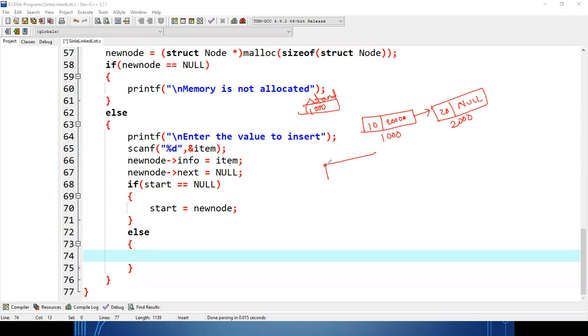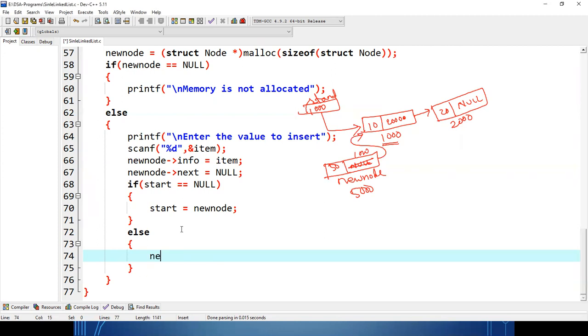What I need to do, I have to insert the new node, which is 5000. 50 is here, null is here. Okay, this is the current situation. So I need to keep 1000 here so that this connection can be established. Okay, so what I need to write?